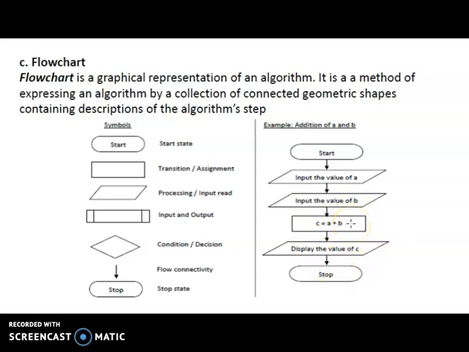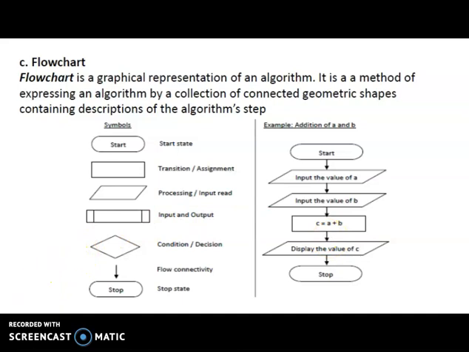Suppose we can declare the input statically, meaning by using an assignment operator we can directly assign the value, A equal to 5, B equal to 5. We can assign the value statically or dynamically. Dynamic means at the time of execution we can assign the value at any time. Static means we have already assigned the value, declared A equal to 10 and B equal to 10. The value will be 10 plus 10, 20 is assigned here, and the output will be displayed. It is a use of an algorithm. It is a flowchart for the addition of two numbers. It is a real-time example.